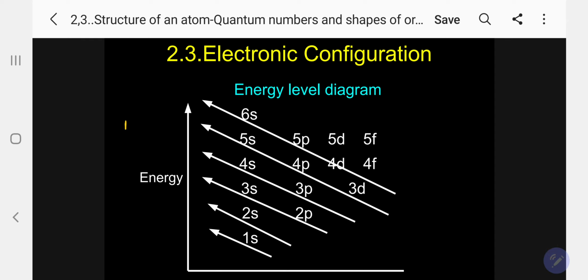Please, my dear students, some books are giving it wrongly. They are putting the arrow from top to bottom. It is wrong because energy goes from the lower level to the higher level. So 1s, 2s, 2p. Here is one important piece of information, kindly follow. So I can draw like this. It is going and coming, connecting.